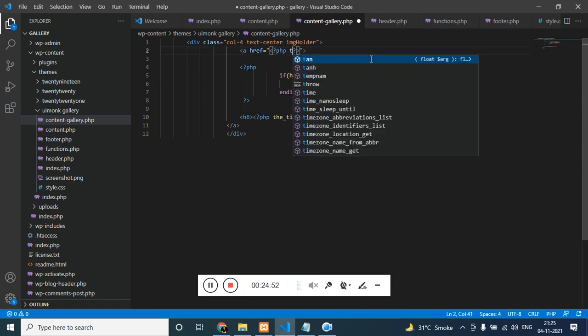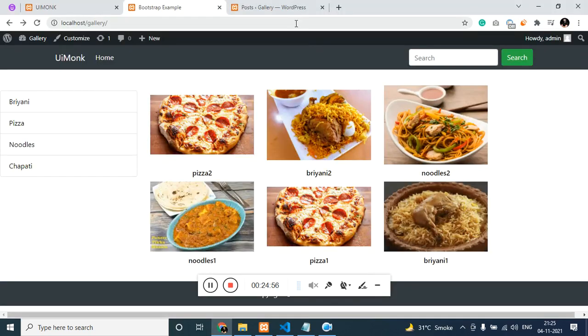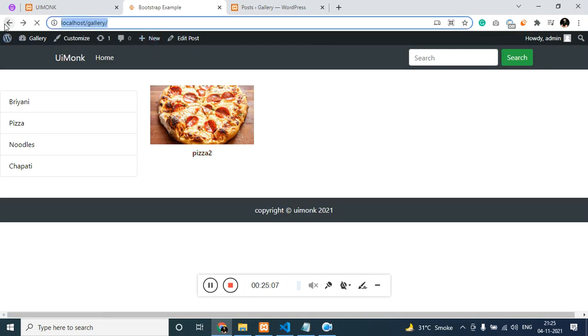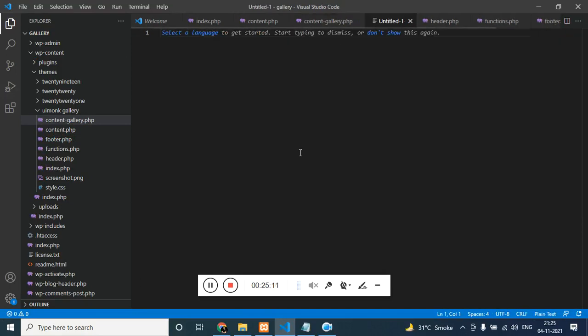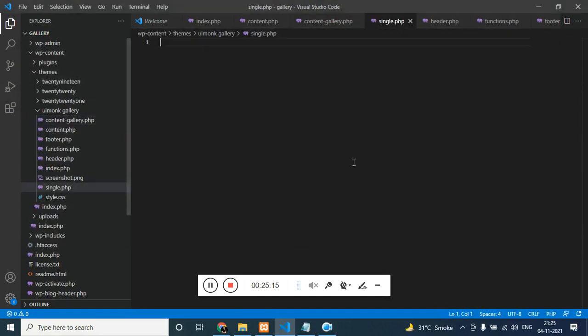So php the_permalink is the function which will lead you to the unique content. Now you can see if I click on pizza 2, you will see pizza 2 on the file. Since single.php is not created, let's create single.php.